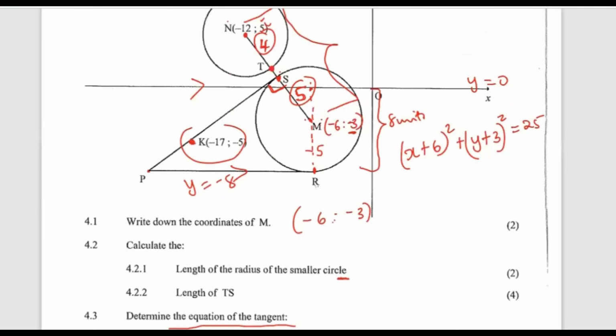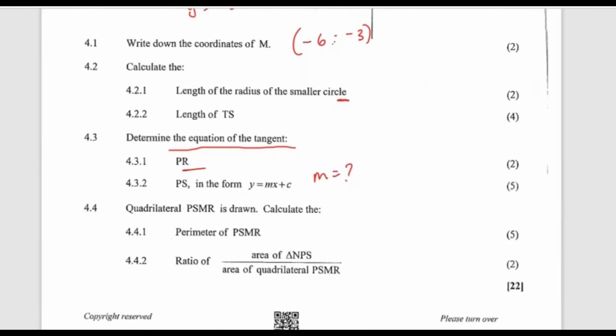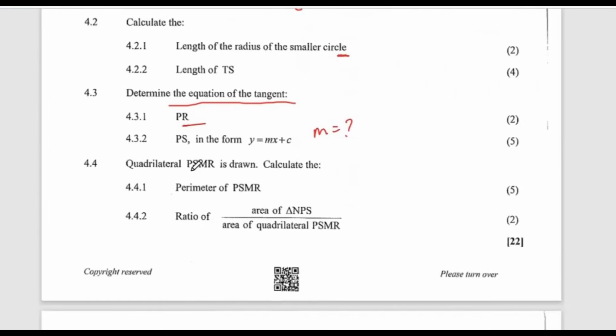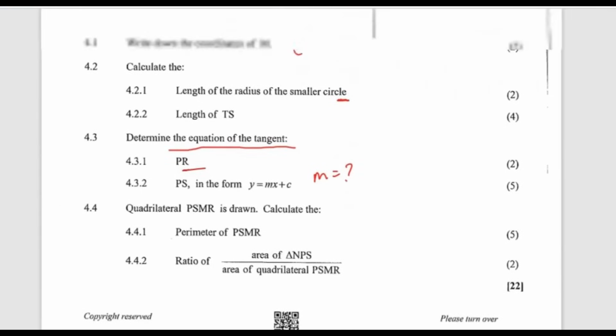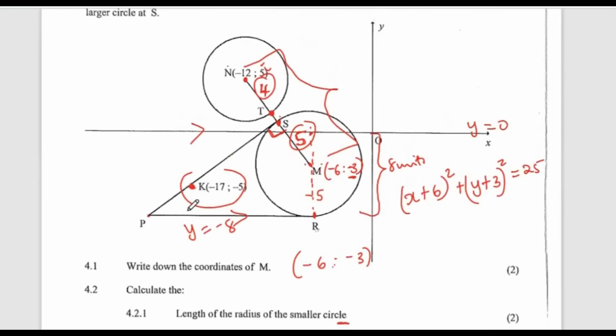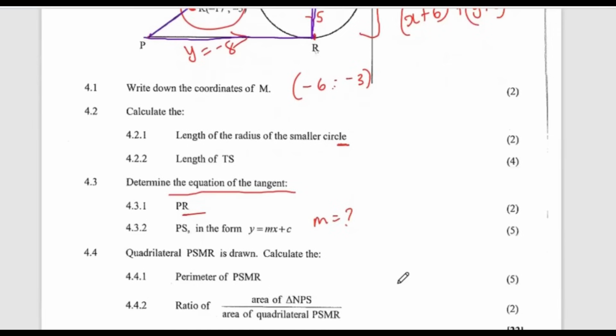Then 4.4. They're telling us that the quadrilateral PSMR, this is interesting, let's see, PSMR, okay, this is the quadrilateral that they're focusing on. Then they want us to find, is it the perimeter? It's the perimeter of